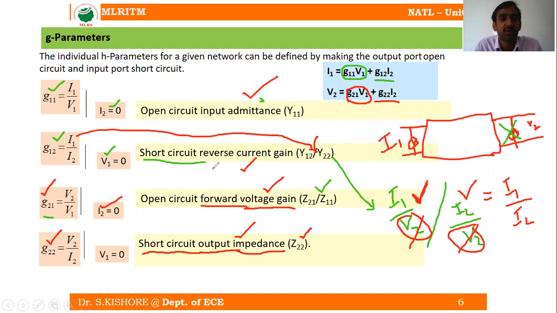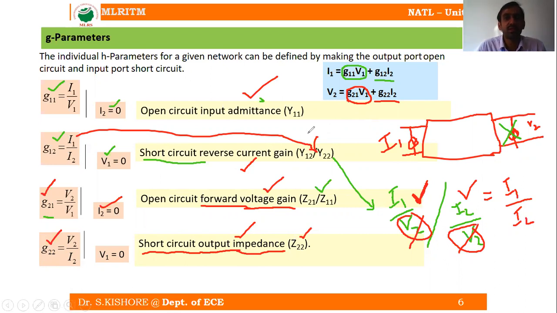Whereas here we are going to have the current gain, but there we had the voltage gain in H21. H21 is nothing but the current gain, but G21 is the voltage gain here, and H22 is the admittance, but G22 we got as the impedance parameter. So the roles of the parameters are swapped: impedance became admittance, voltage became current and current became voltage. That means it is nothing but the inverse of the parameters. So that is the reason why it is known as the inverse hybrid parameters.